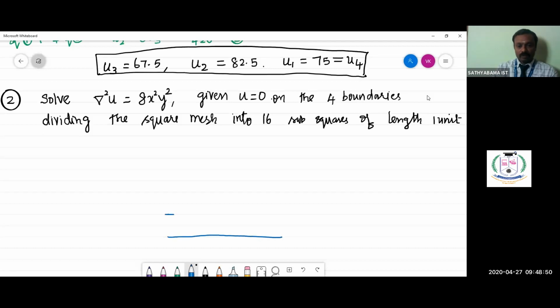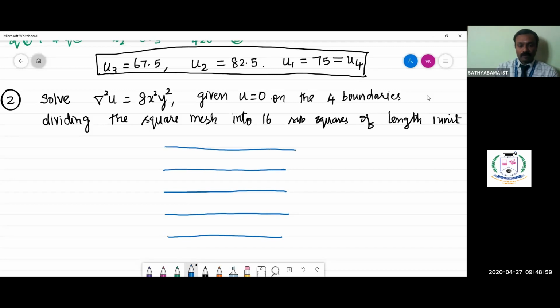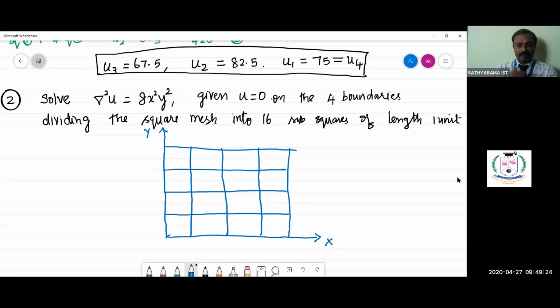0, 1, 2, 3, 4. These along the y-axis. y is equal to 0, 1, 2, 3, 4. Now the x values: x equal to 1, 2, 3, and 4. This along the x-axis. And now we are given, and before naming, let's simplify this problem by taking the center